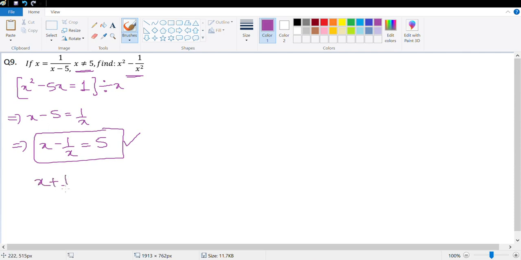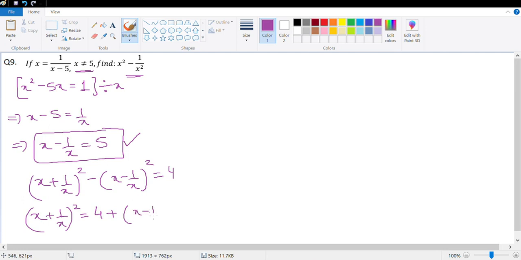The relation between them is x plus 1 upon x whole square minus x minus 1 upon x the whole square is equal to 4, which means x plus 1 upon x the whole square would be equal to 4 plus x minus 1 upon x the whole square, which gives us x plus 1 upon x the whole square is equal to 4 plus the value of x minus 1 upon x we just calculated as 5. This is equal to 9. So what we have is,